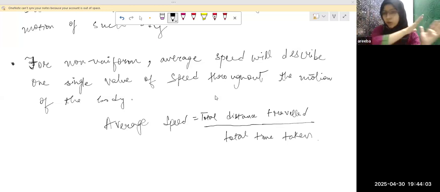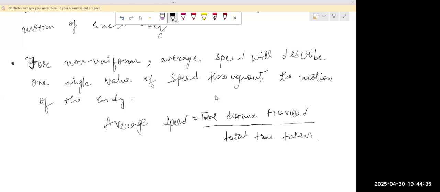Now, if I have to consider the overall motion it has covered, which value will I find? This is the speed, or this is the speed, or that is the speed. Which speed? I'll basically take the average of everything and call it the average speed. In the case of uniform motion, we already know it has a single speed only, be it on any path. So for non-uniform motion, we take average speed. Got it? Written?